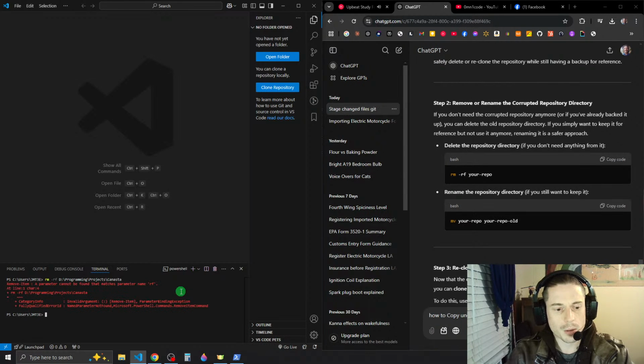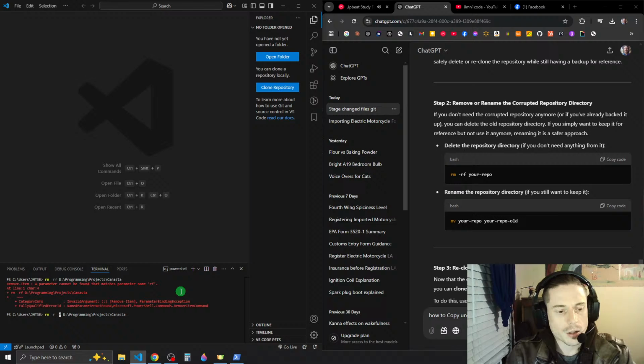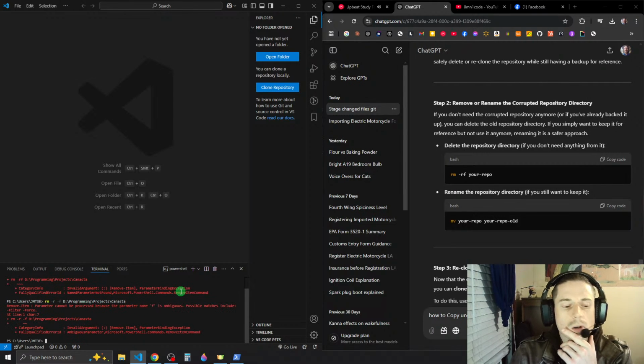A parameter cannot be found that, oh, is it supposed to be, I thought you were supposed to do that separately. Like RF, like this. That's not right either. F is ambiguous. Matches include filter, force. Oh, so capital F?